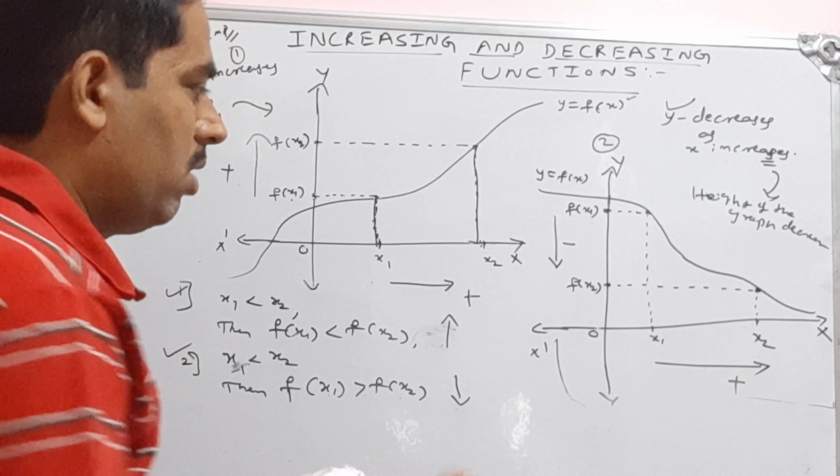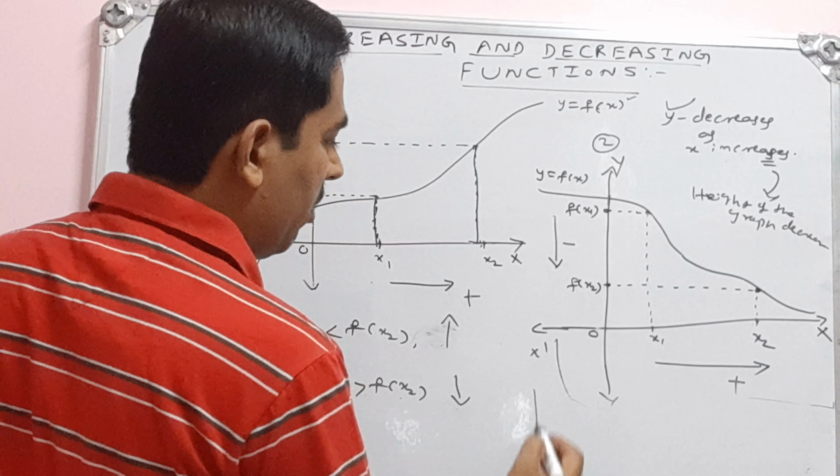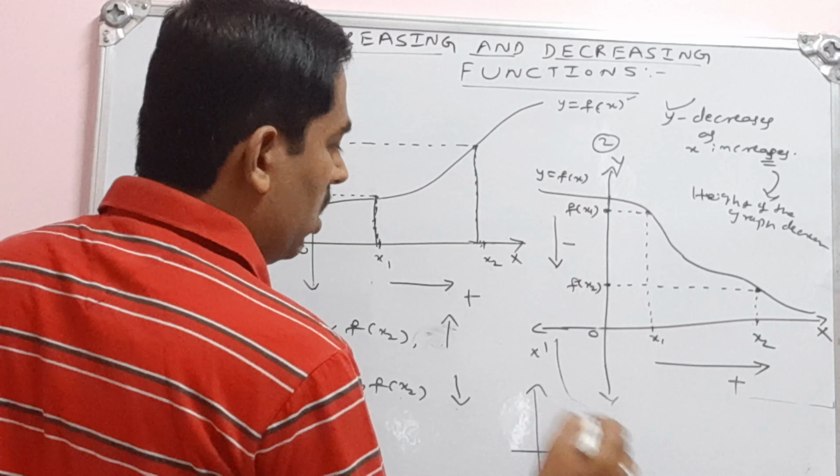There may be some functions which are neither increasing nor decreasing. If I say constant function, we know how the graph of the constant function looks. We draw this. This is a constant function. It is a flat line, neither increasing nor decreasing. Here the graph goes up, here the graph comes down, or it is decreasing, but here it is a flat line, so it is neither increasing nor decreasing, because it is a constant function.